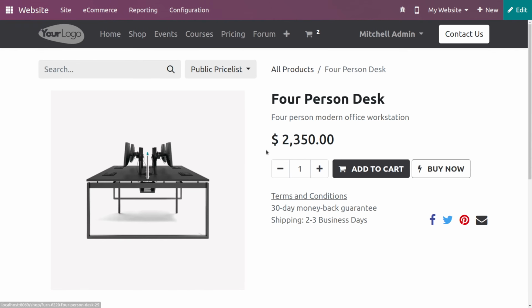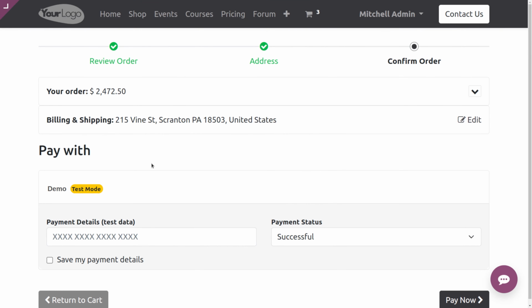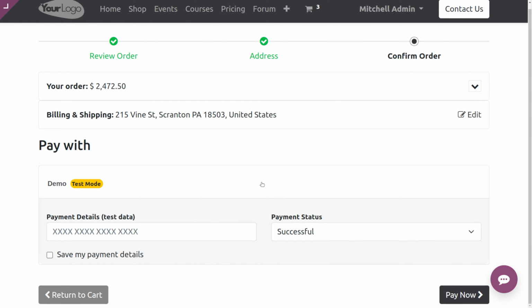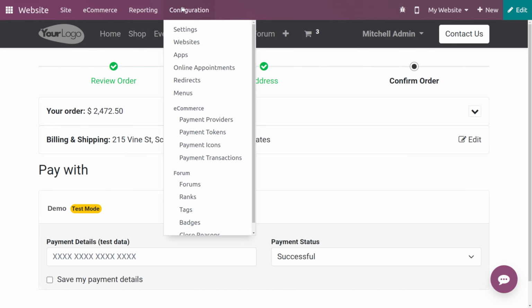Okay, opening the product, and here you can see the buy now option. So instead of adding the product into the cart, you can directly buy the product. It will be redirected into the checkout process. And from the configuration settings,